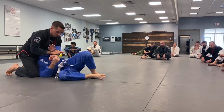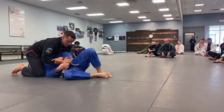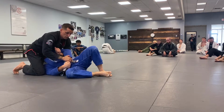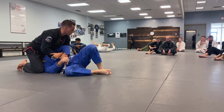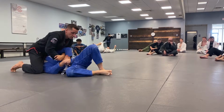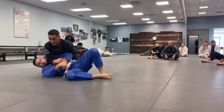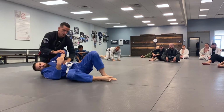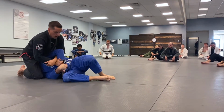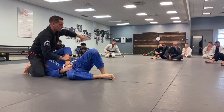What I want you guys to do is keep your Kimura grip and stay low. He's gonna be gripped up however he wants, belt, hand, doesn't matter. I'm gonna place my chin below his elbow. It's very important. This is your marker for how high or low you should be. If I'm up here and I start to circle toward his back, he's gonna have a very easy time rolling and putting his back on the floor, and I'll have him in a pin, but it's not what I want. So I wanna drop my chin down below his elbow,